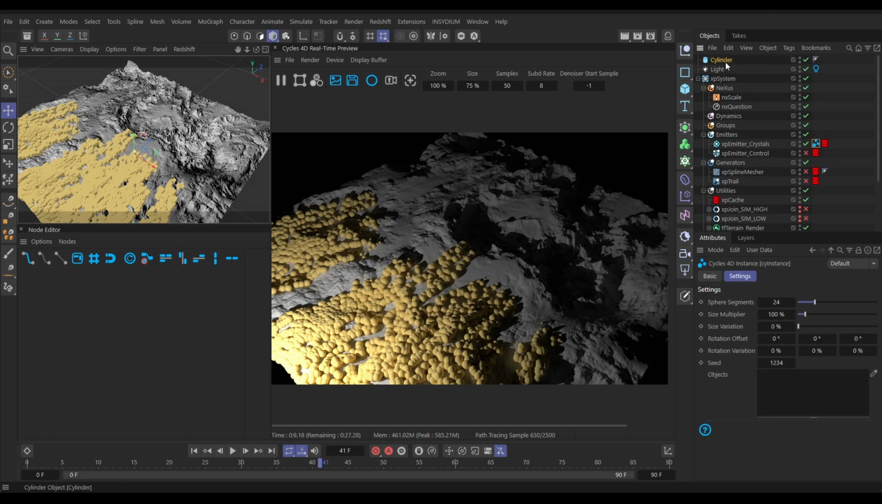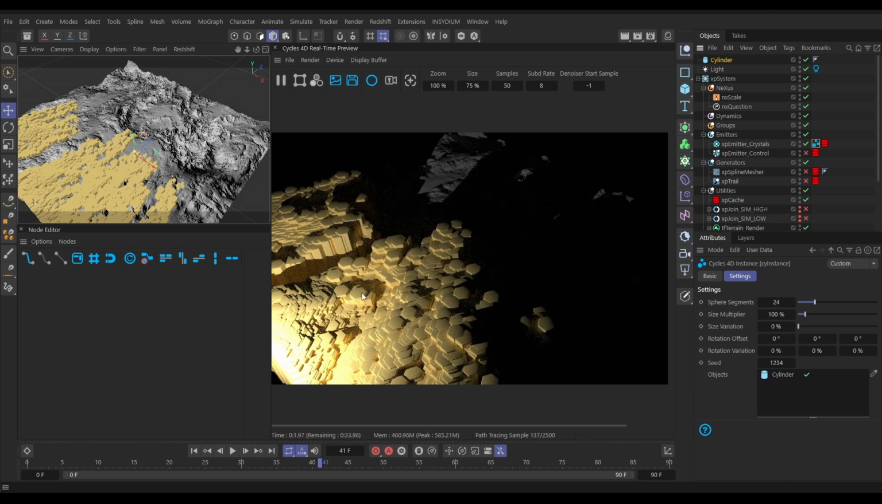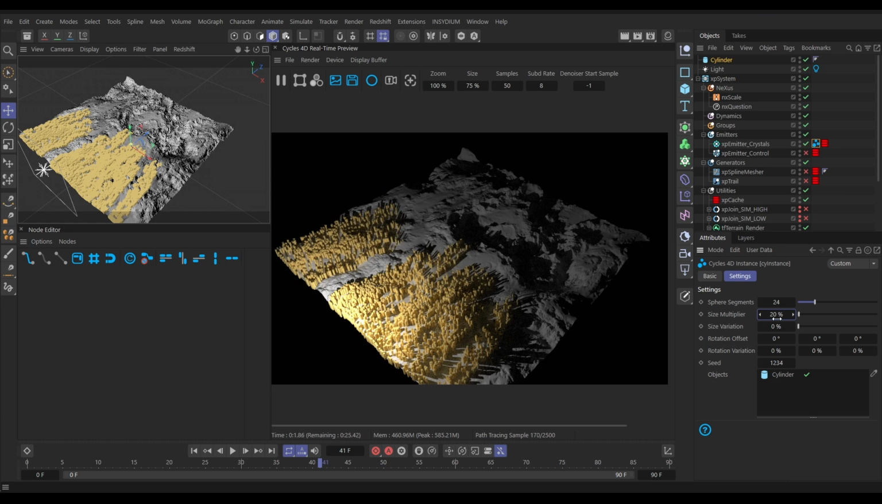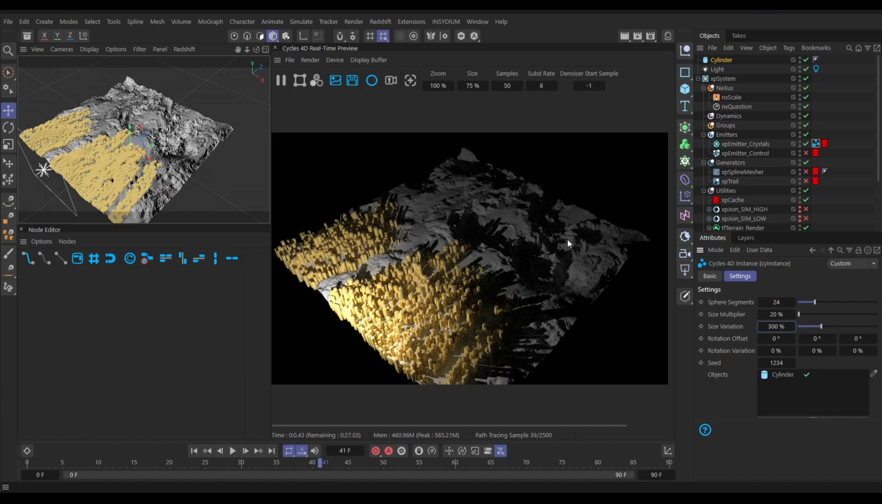We can drag in our cylinder into that objects list. And now we have got cylinders instead of spheres. Now, they're all a bit big at the moment, so we can go to our size multiplier, and all of these adjustments can be made at render time, even though this is a cached particle emitter. So in the size multiplier, let's put this down to maybe 20. Yeah, that's looking cool. And then with maybe loads of size variation, so we have lots of crystals at different